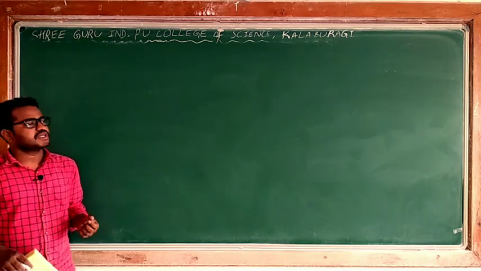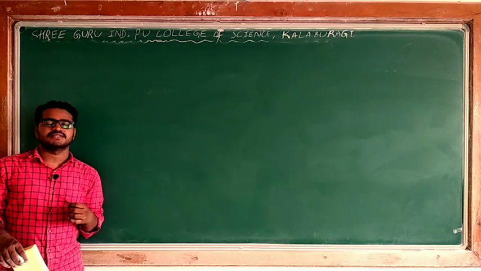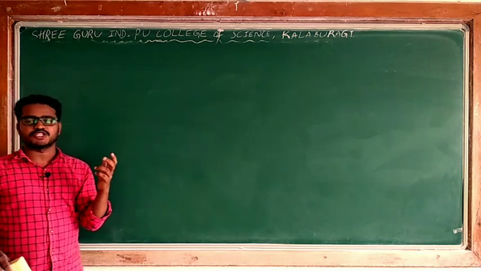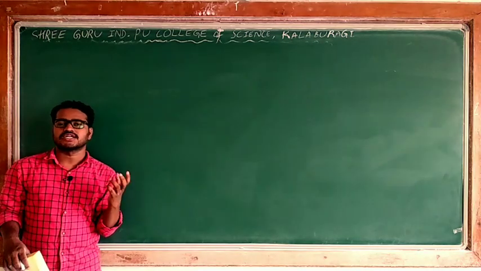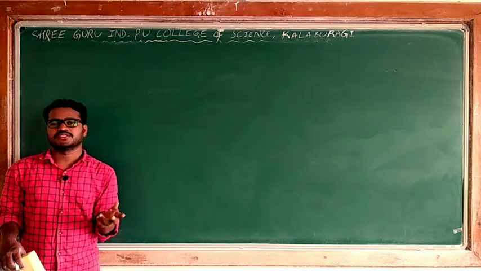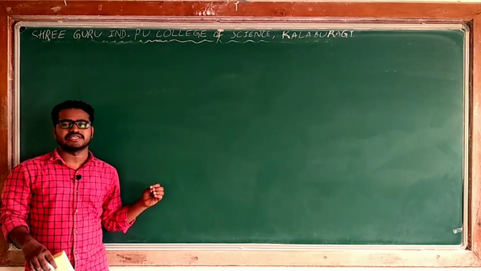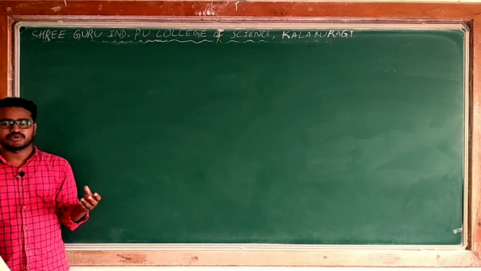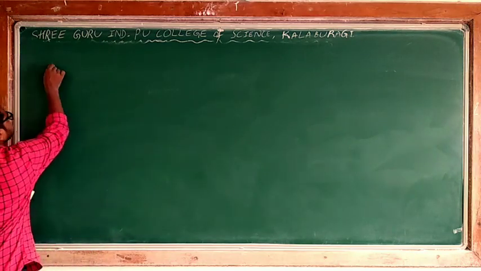So now, knowing Cartesian product and ordered pairs, I will define what is nothing but a relation. The chapter name itself is relation and function. So if you want to define relation, you should know what Cartesian product is and what ordered pair is. So in the previous case I took some examples related to Cartesian product and you know how to form a Cartesian product using two sets. Now I will define what? Relation.